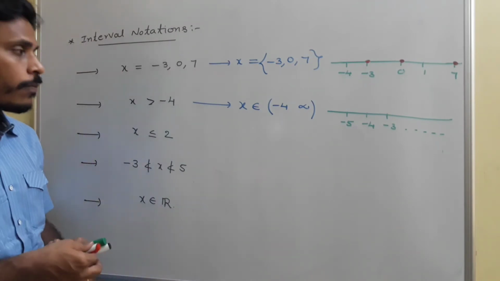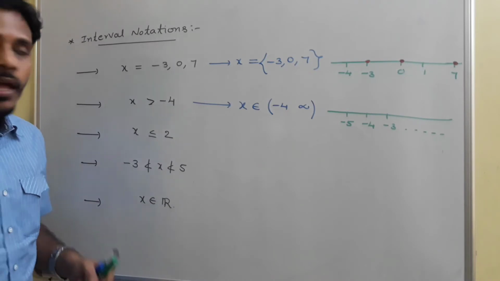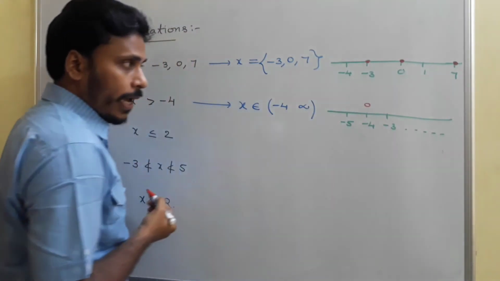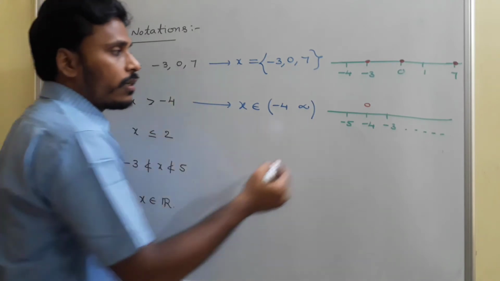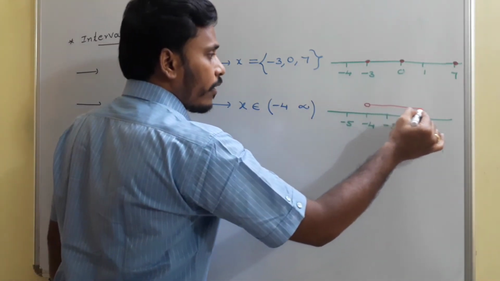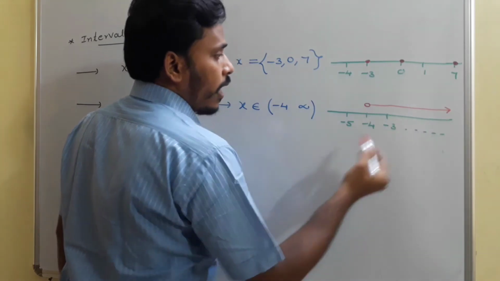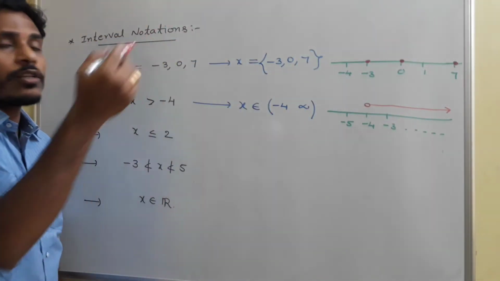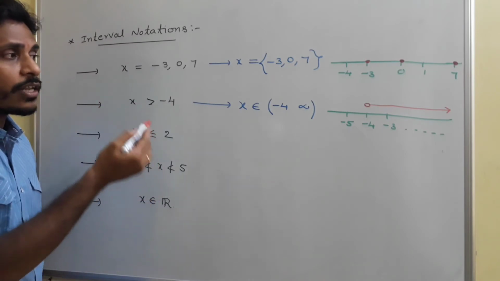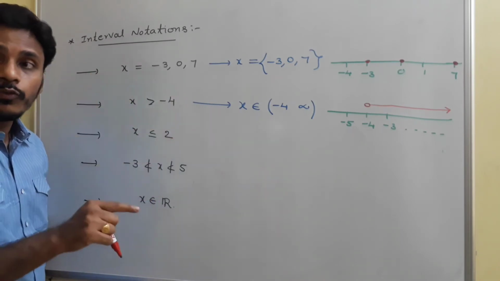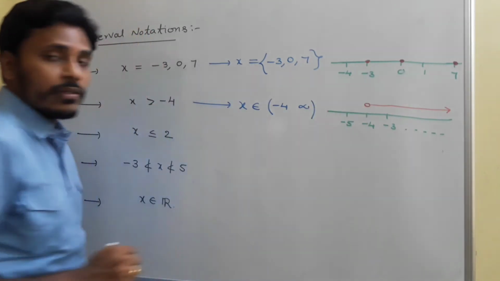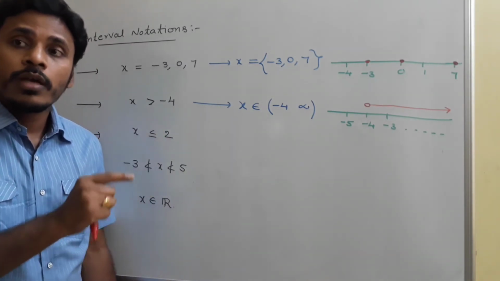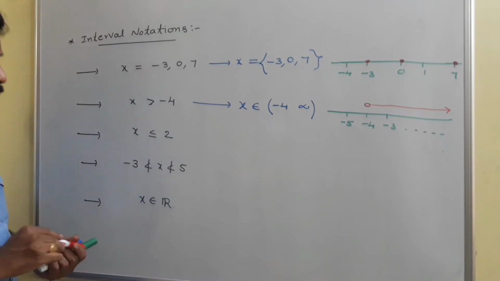Since the solution is minus 4 to infinity, and minus 4 is not included, take an open circle at minus 4 and it goes on like that. So you need to take a ray like this, okay? Since there are many numbers on the number line, the solutions are also many values. It starts from minus 4 and goes on. Since minus 4 is not included, I will take an open circle there, whereas if minus 4 is also included, then I may use a closed circle. Then you just think about the next one.